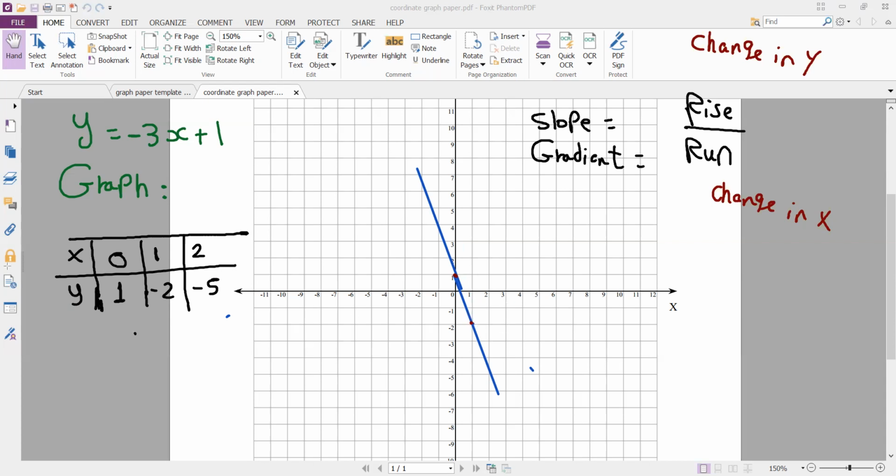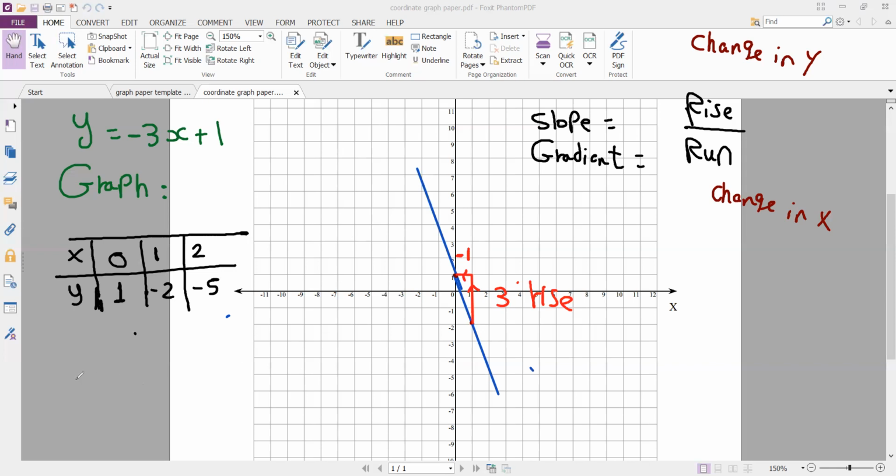Rise is moving up, the change in y. So the rise here is 3, and the run here is 1. Let's analyze it. Here, we moved 3 units up. That's the rise. And we moved 1 unit to the left, which is -1. Why did I say -1? Because